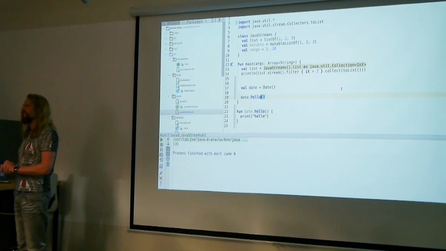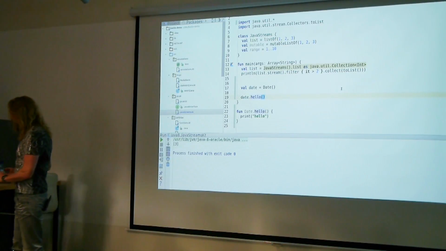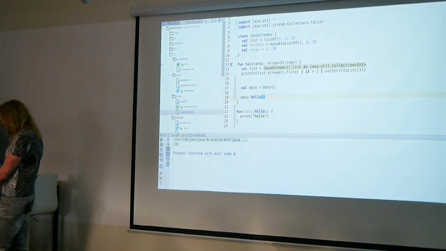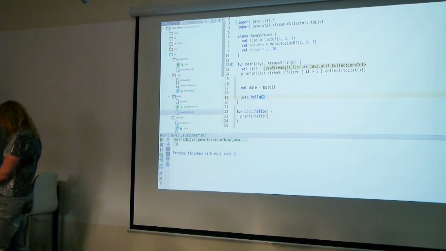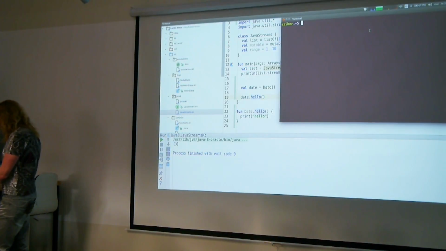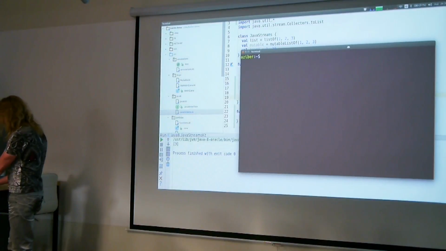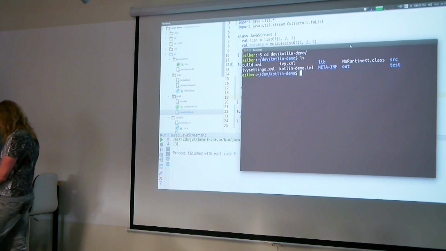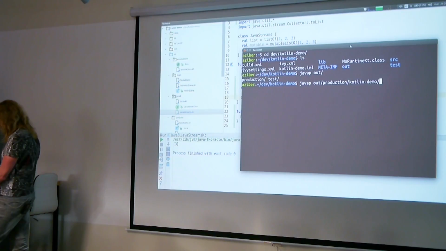Yes. How does that look under the hood? Good question. Let's look. Let's use javap to see what the compiler generates. So if I compile it, I can use javap on the production Kotlin demo.